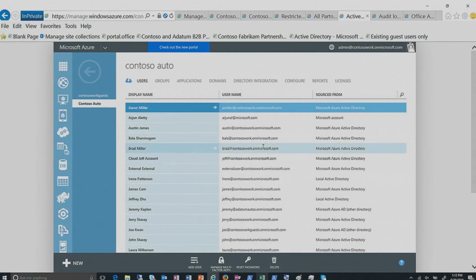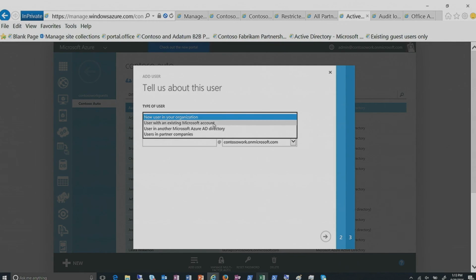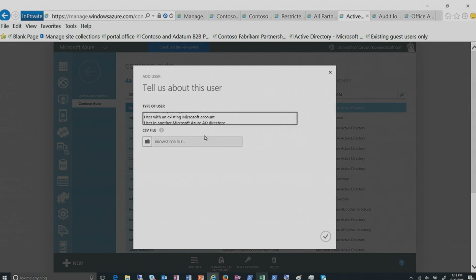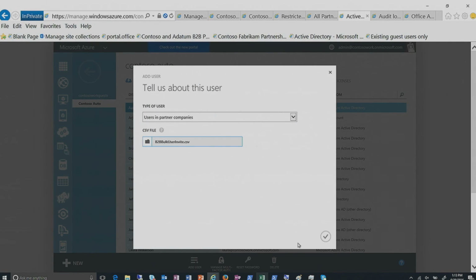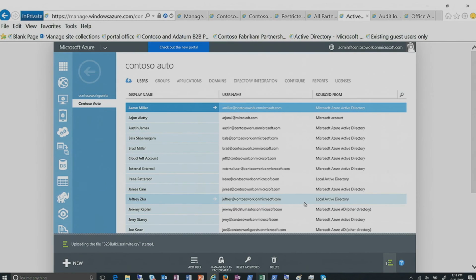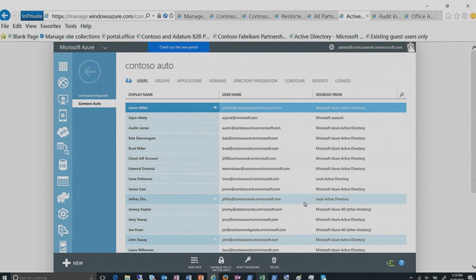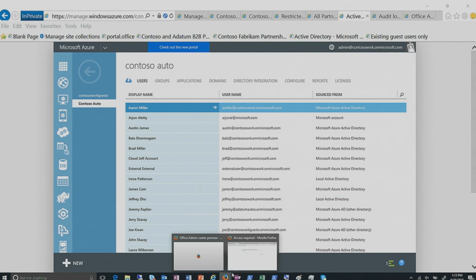So this is the CSV file that I created, and I click Add a User. One of the options that is available here is users in partner companies. When you select that option, there is a possibility to upload a CSV file. Let me go ahead and click on the CSV. Here we go. And then what happens now behind the scene is AD picks up those users, looks at the email address, and sends off invitations to those users itself. And the users, if I switch gears to Matt's example,